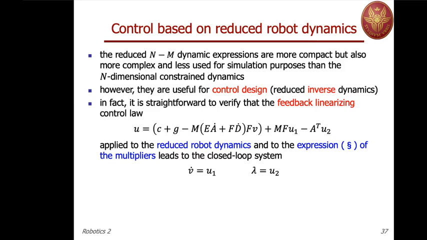For instance, if you want to move the robot in contact without applying any normal force, you just choose at this stage u2 equal to 0. And with u1 you specify which acceleration you would like to have along the tangent to the surface. If you plug these two values into the expression of u, you have a feedback linearizing control design that achieves